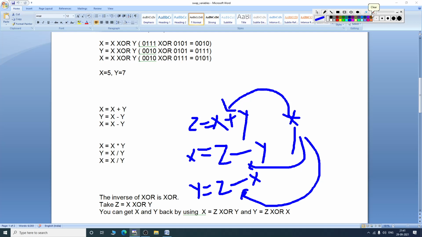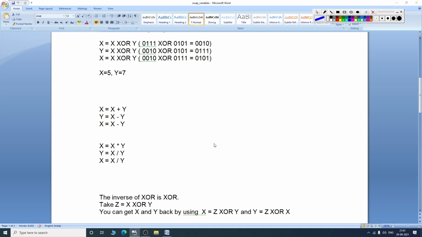So now if in the place of plus I use XOR, say z equal to x XOR y, then I can get back my x by using x equal to z XOR y and y equal to z XOR x. So XOR is the inverse of XOR, just as minus is the inverse of plus and division is the inverse of star.